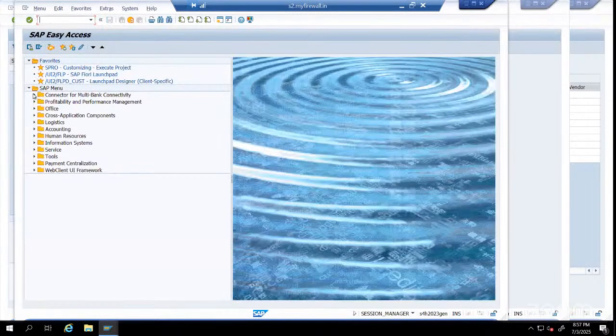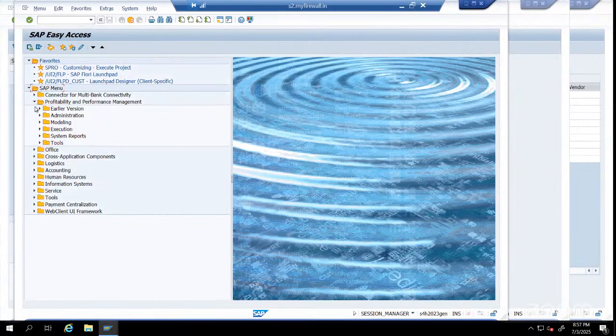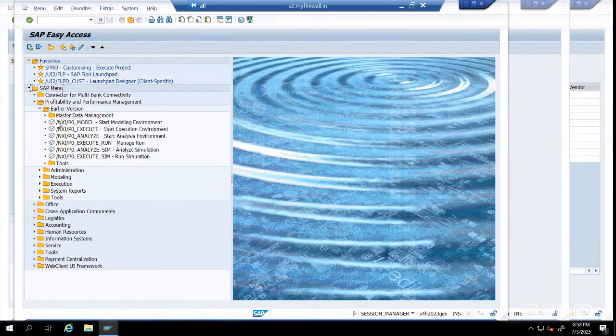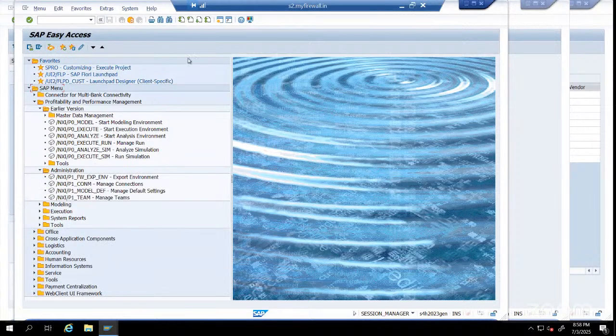What are the SAP menus available here? How to create favorites, how to change settings, how to get the transaction keys on the side of the SAP menu. How to open a new window, how to stop a running transaction,